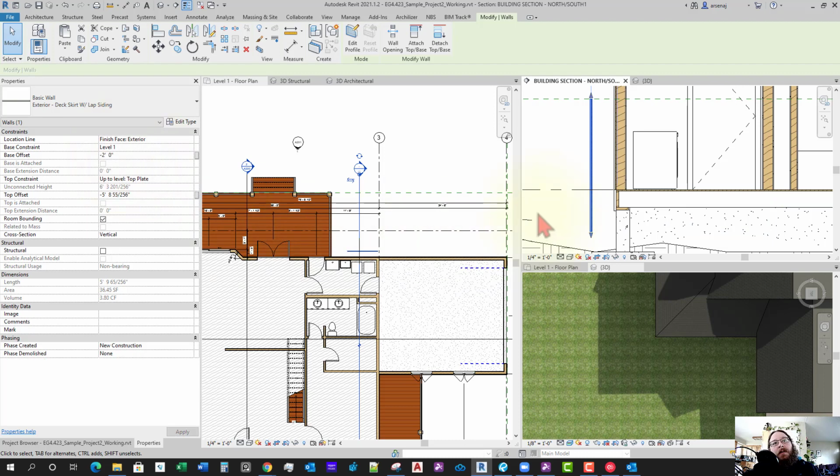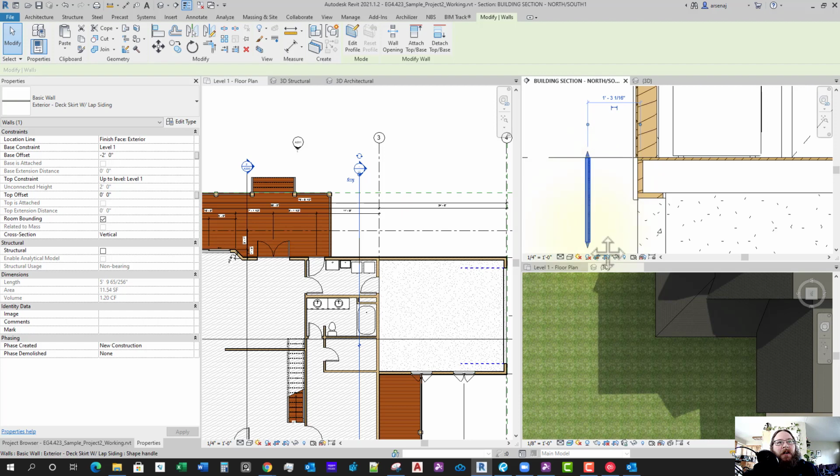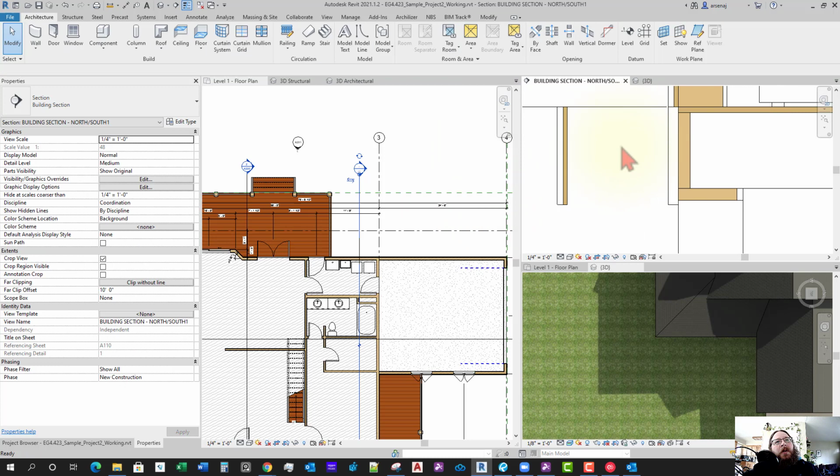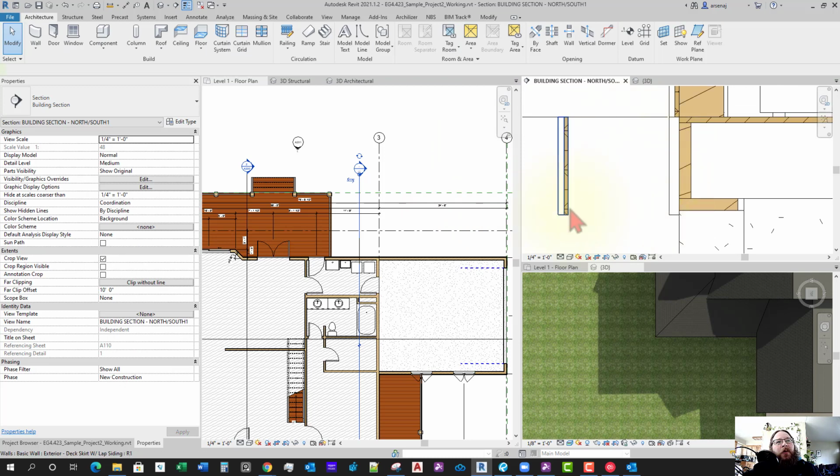That'll be too far, but that's okay. And change the top offset to zero to level 1. So now it's going to create this wall just below level 1, and I'm going to do -1 foot. And then now I've got my little wall